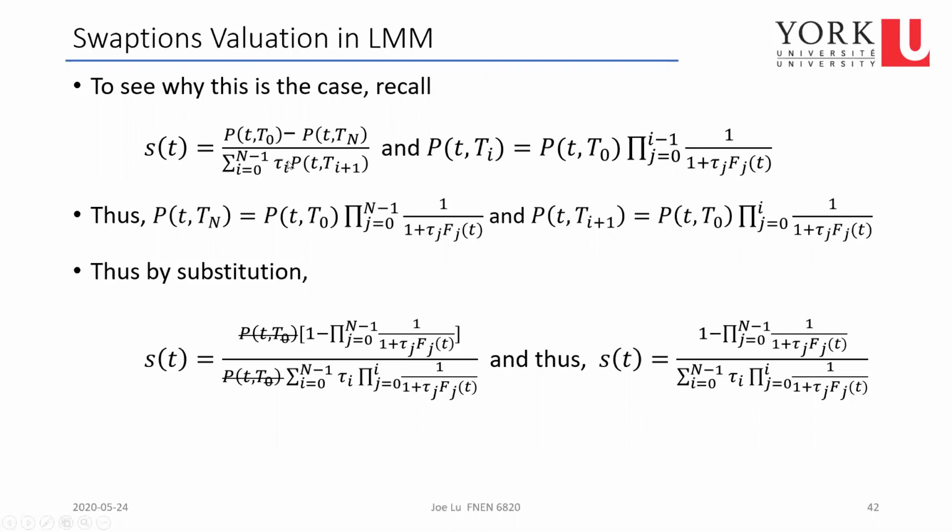is this thing here, right? And basically the denominator is this annuity factor here. And we also know that big TI is equal to this one, P(t, T naught), which is the starting point of the swap, multiplied by all the ones in between, right? So this whole bunch of forward rates. So if it's to TI, then it has J from 0 to I minus 1. Now, we have those two conditions. And now